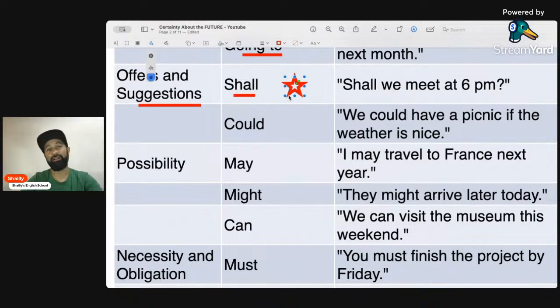Next, could is talking about a suggestion, an offer. We could have a picnic if the weather is nice. All right. This is more possibility. There is the possibility for this. So with possibility, we have